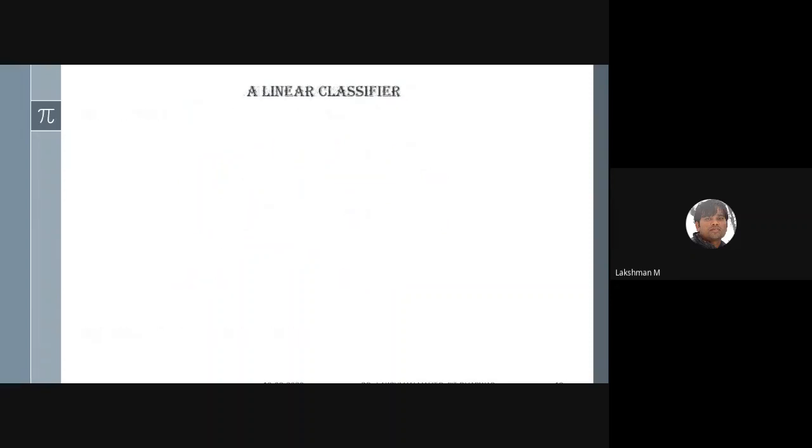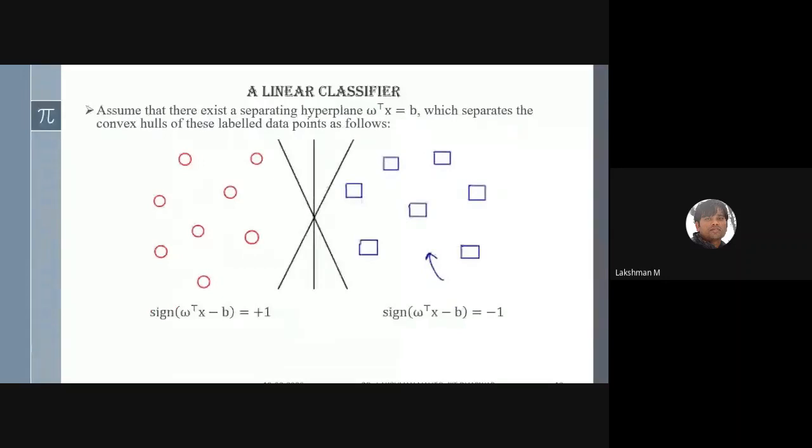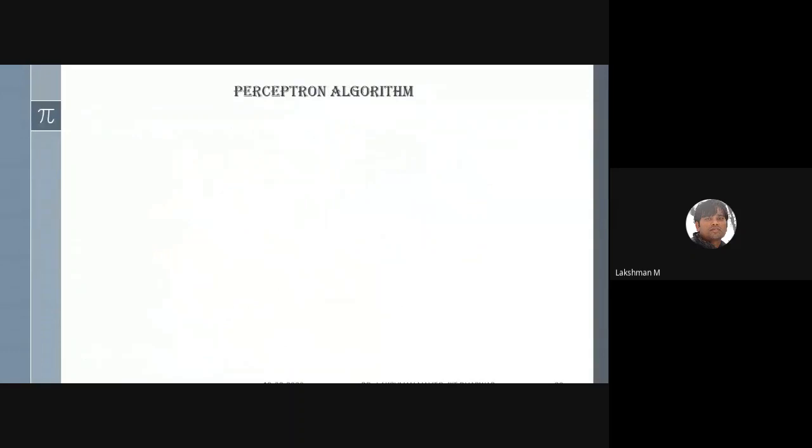Okay, so that's the same thing I had already written here. This is the optimal classifier, and the definition of a classifier is just a hyperplane. Now, if you come to the perceptron algorithm, it has a similar kind of pattern. We need to have some training data set, m number of training examples.